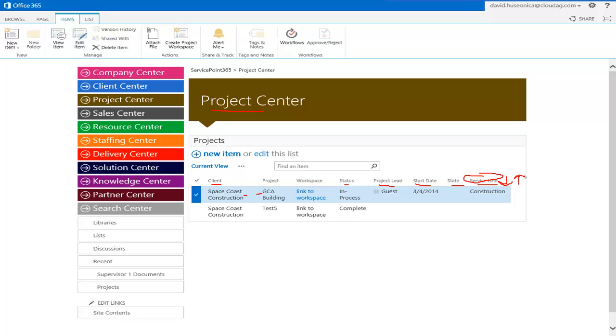or I can filter. So if I only wanted to see construction type projects, it could filter anything that's in this list to just show me ones that are construction type projects. If I want to go work on the content related to this project, you can see there's a hot link here, which is the link to Workspace. So all I do is I click on this, and it takes me into the workspace for this particular project,